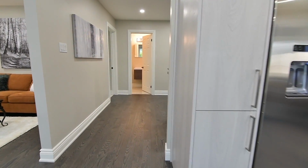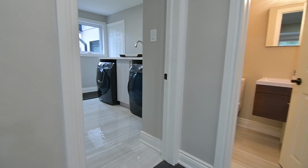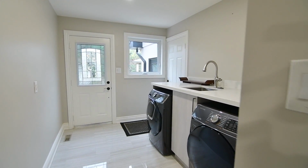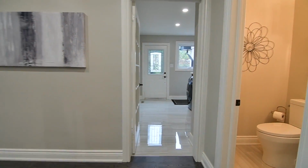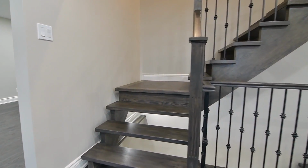This chic, modern home also features beautifully appointed utility and personal spaces, a stylish 2-piece powder room, as well as a bright laundry room with a French door entry, an exterior door to the side yard, and direct access to the double garage. The upper level features bright and graciously sized personal spaces that include 4 bedrooms and 2 beautifully